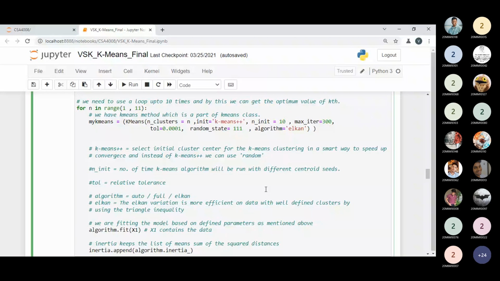If you remember my words, that is centroid. If I need to determine the centroid, what is a centroid? The centroid is the center value of our object. So for that parameter, I have to pass elkan, or we can pass auto or full. By default, auto will be applicable; if you're not passing any parameter, auto will be considered.